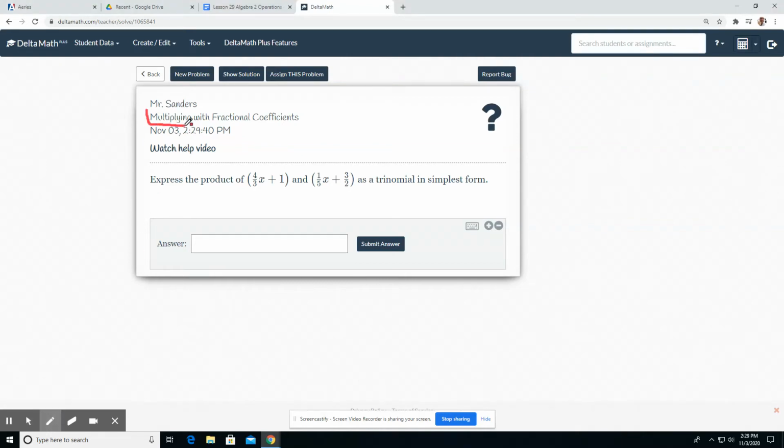We are multiplying with fractional coefficients. So a number in front of the letter is a fraction, and we're doing some multiplying here. Express the product. Product is the answer to a multiplication problem. So all that means is we're multiplying these, 4/3 x plus 1 and 1/5 x plus 3/2, as a trinomial. That just means 3 parts. So it has 3 parts when we've multiplied it, and then we just want to make sure it's in its